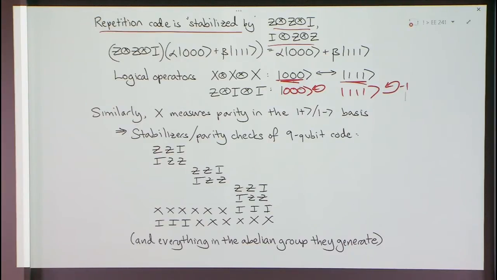The dual repetition code is exactly the same, except with X's switched with Z's, of course, and plus and minus switched with 0 and 1. And so when we concatenate the codes on top of each other, we get a code on 9 qubits, 1, 2, 3, 4, 5, 6, 7, 8, 9, and it has the following parity checks, the following stabilizers: ZZI, IZZ, then 6 I's, and then similarly with the other blocks of 3.